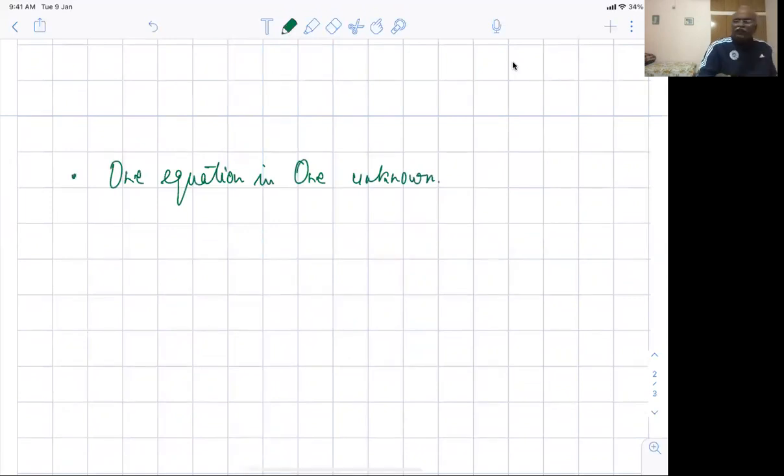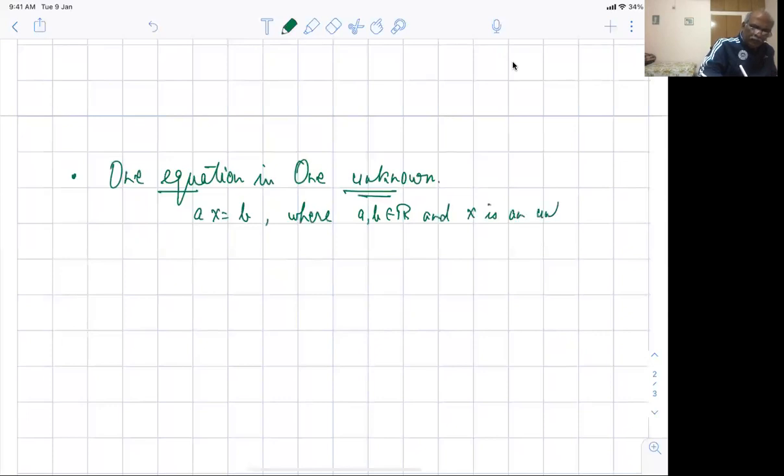Generally we'll be solving over real numbers. We'll seldom look at rationals or Q root 2, as I said. Sometimes it may be complex also, because to make you understand the difference between certain concepts I may come to complex, but mostly all the solutions are going to be over real numbers. So if I've got one equation in one unknown, I have ax is equal to b, where a and b are real numbers and x is an unknown.